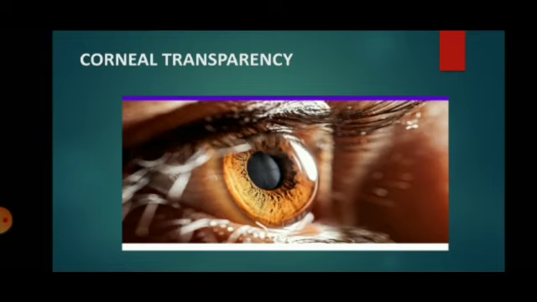But this transparency is never maintained whenever there is any inflammation in the cornea, I mean a breach in the continuity of the corneal epithelium, which is mostly caused by microorganisms. But microorganisms cause a breach in the continuity of the corneal epithelium only when there is a potentially weakened corneal epithelium, that is, in patients with diabetes mellitus, cirrhosis, or protein energy malnutrition. These patients may suffer from corneal opacity or corneal infection, I mean keratitis.